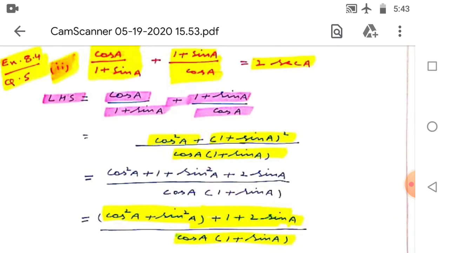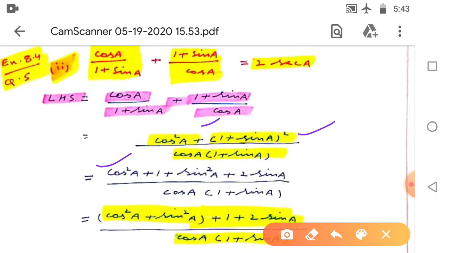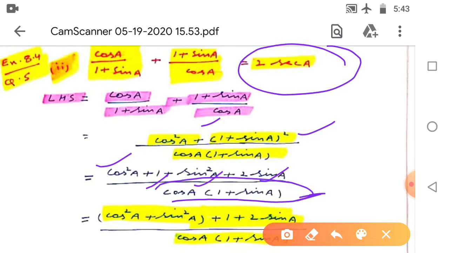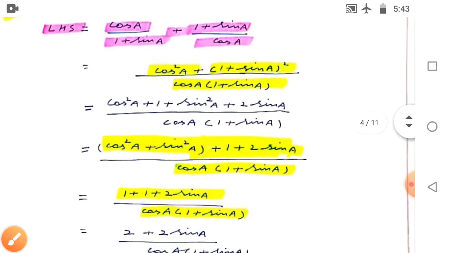Okay. Now, look. What is the next option? The next option is, this is cos square a. Now we have to apply a plus b whole square. Okay, और कुछ नज़र आ नहीं रहा है इसमें. Clear? So apply that. a plus b whole square is equal to a square plus b square plus 2ab. Okay, no need to change your denominator. Denominator as it is, because look at this, on the right hand side there is no denominator. Clear? So it means ultimately this will be gone. So no need to multiply. We have to see the numerator now.